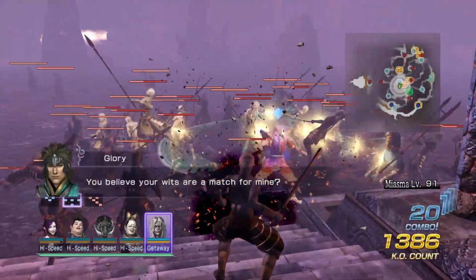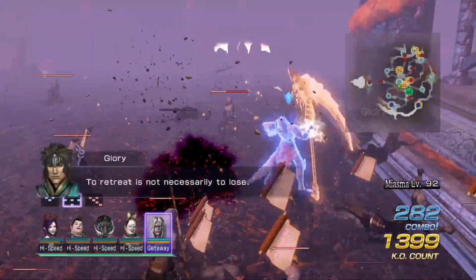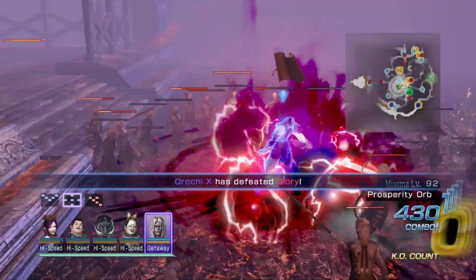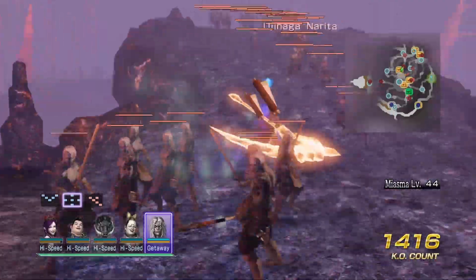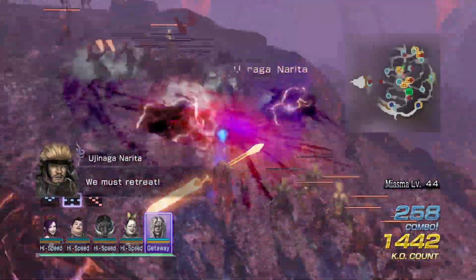私の知略に勝てんとお思いか吹くことがそのまま負けではない送り戻ったまでか撤退せよ